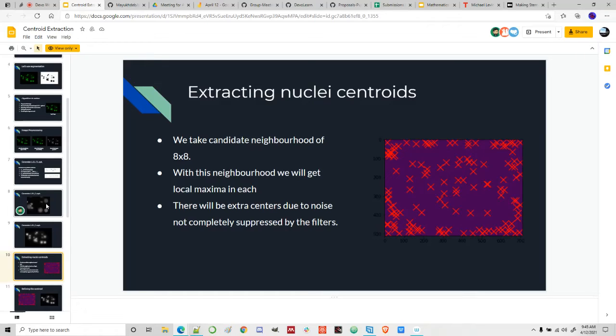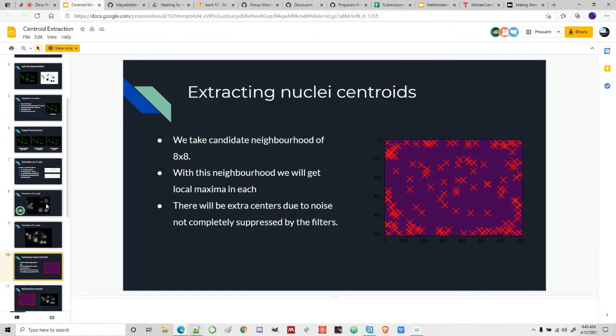These centroids are generated due to the noise. We have suppressed it with a Gaussian and median filter, but it does not get suppressed completely. There is some noise due to which these centroids are generated. So to discard these centroids and keep the useful ones,